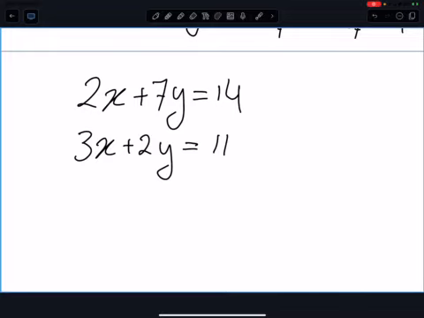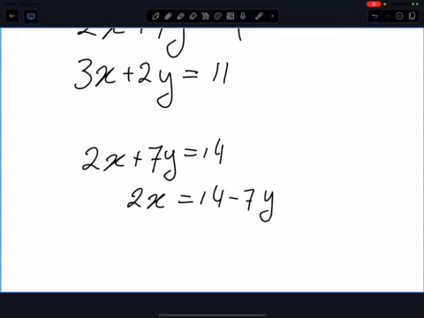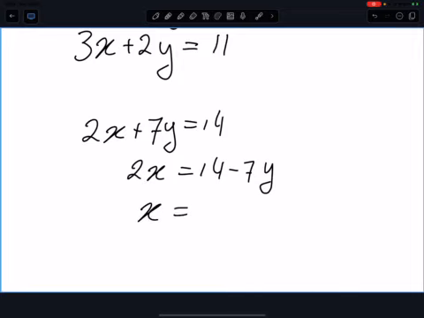You either make x the subject of the formula, or y the subject of the formula. Chapter 15. You can do it with either of them. What do I mean? I can say 14, and I make x the subject. So x equals,